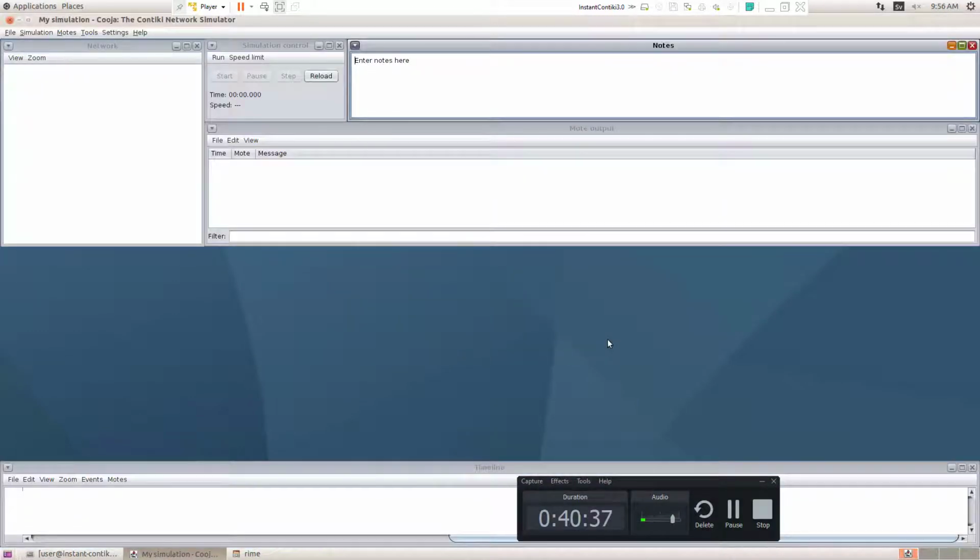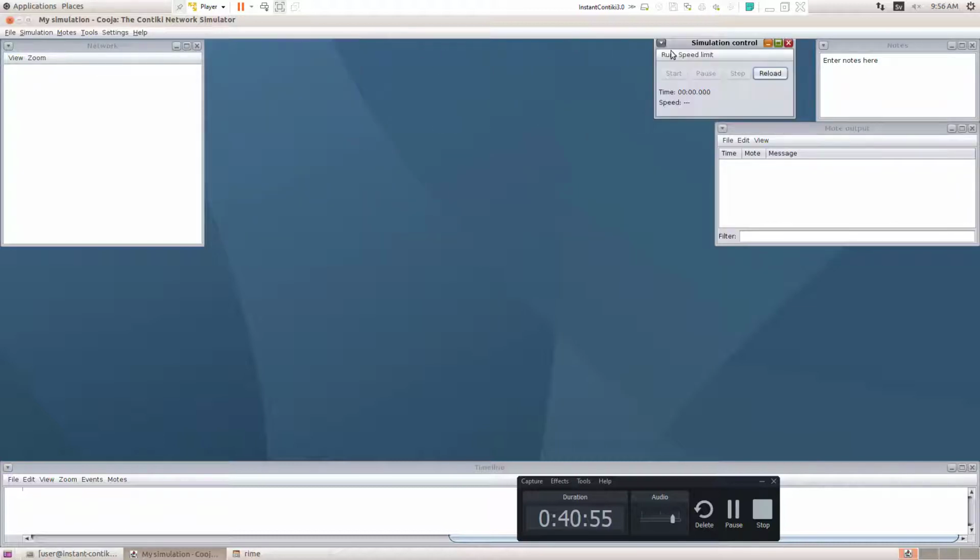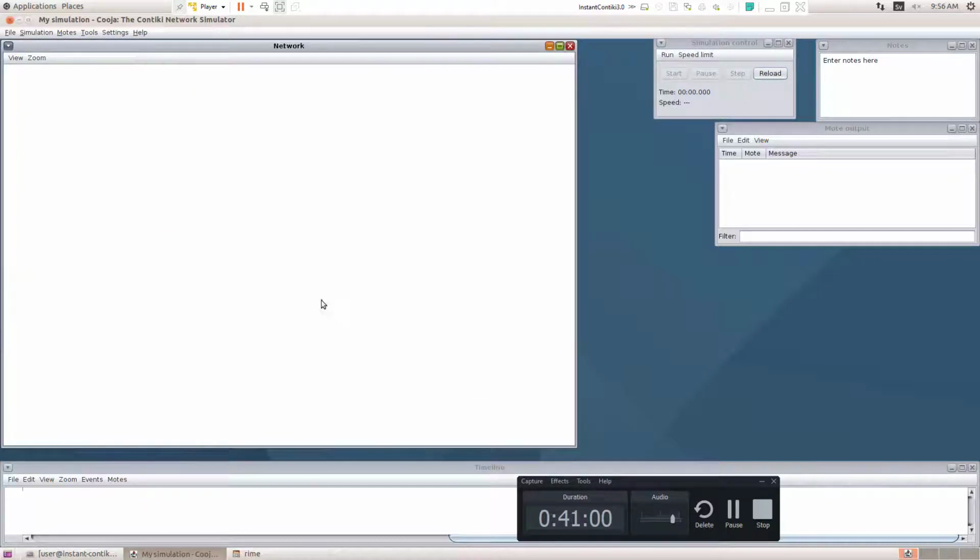Okay, so here what I'm going to do means I'm going to see the power consumption details. Power consumption details, this is a very important one. Now you can adjust the window as you like. I'm going for the network. So let me go for the hello world. Already we have done the hello world, or we can go for the broadcast. We can go for anything, there is no problem. So let me go for the broadcast.